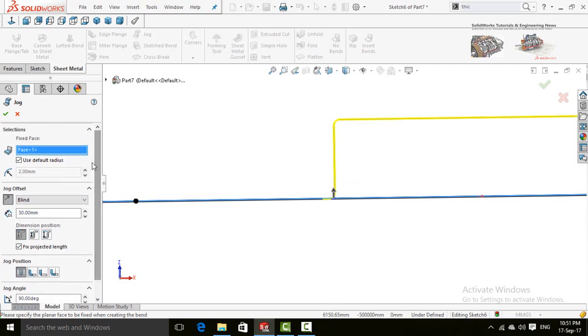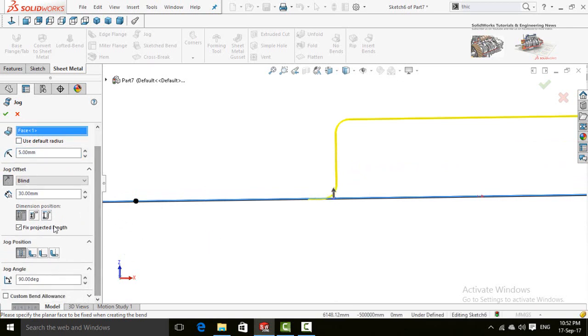Scroll down, or if you uncheck this box, here is the radius for bend. You can select anyone, scroll down again, and this is the type of dimension or position. This is the dimension position, and this is the type of jog positions. And after that, here is the degree for jog angle. Now you can press OK button to apply this command.